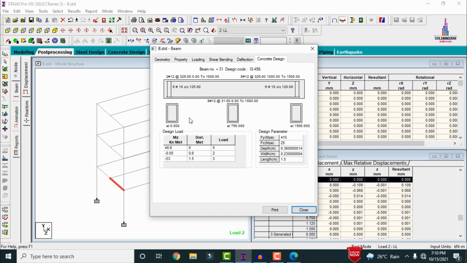So this is the complete comparison of the plinth beam reinforcement details between the manual and the StatPro reinforcement details. When you compare with manual results, the StatPro software gives a higher amount of reinforcing values for this G+2 building structural model.